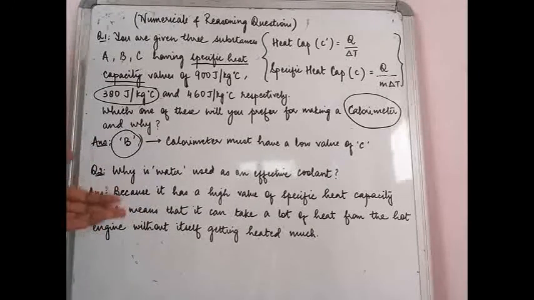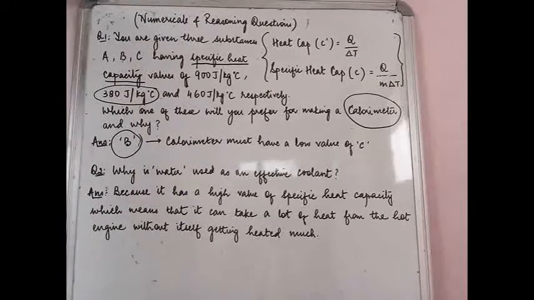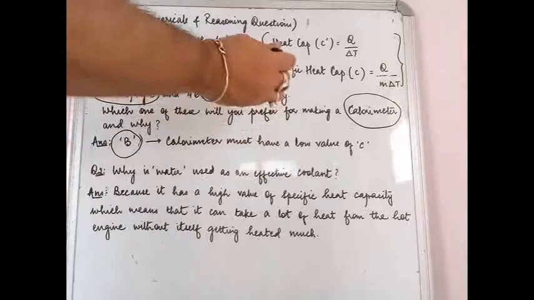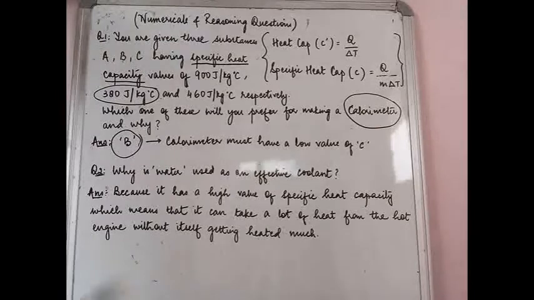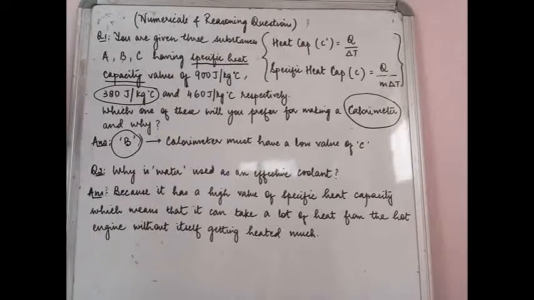So once that coolant itself becomes hot, what will happen? Can it be used further as a coolant? No. So that is why we should use a liquid which is able to take away a lot of heat from the engine, but at the same time its own temperature does not rise much. Such liquids must have a high value of specific heat capacity, and water seems to be the most appropriate choice here. So that is as far as the conceptual and the reasoning portion is concerned. Now we'll go ahead and solve a couple of numericals.